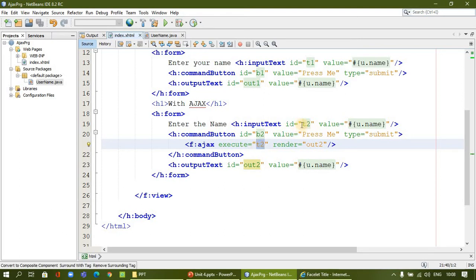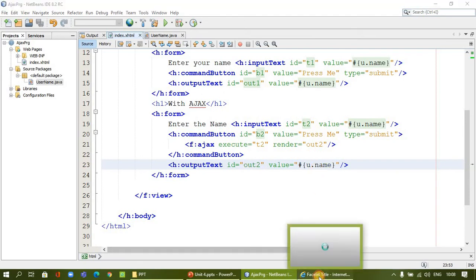I am giving the input where I am getting the name. And what is the output? Where you want to print or process the output. That is out2, so output is my ID. So what will happen, without refreshing the page, immediately it will show the answer. This is what I am expecting.